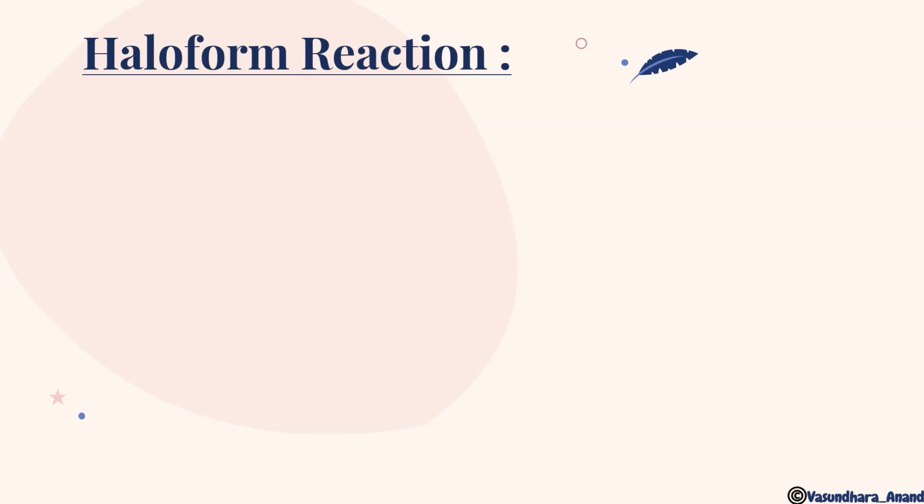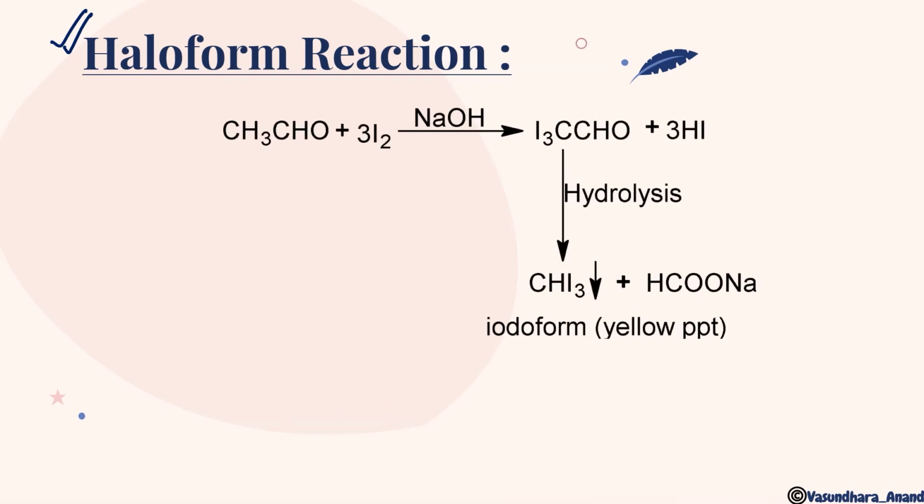Now the haloform reaction, and that is a very important reaction, and I know you people are very well acquainted with this. So let's see. In this case, haloform reaction, the reagent is X2 plus NaOH. X2 preferably used for the haloform reaction is I2, then Cl2, Br2 also. If it undergoes reaction with iodine, it will form the iodoform reaction. If it is undergoing reaction with Br2, it will be known as bromoform, and if it undergoes reaction with Cl2, it will be known as chloroform.